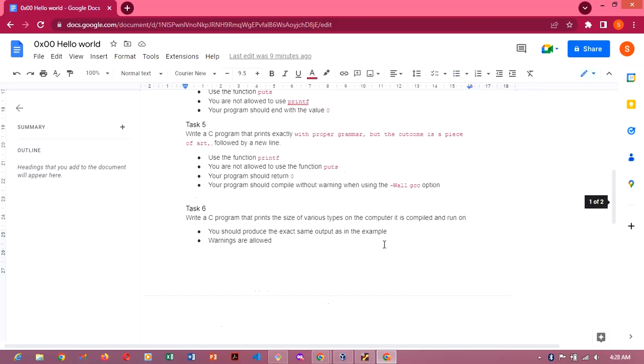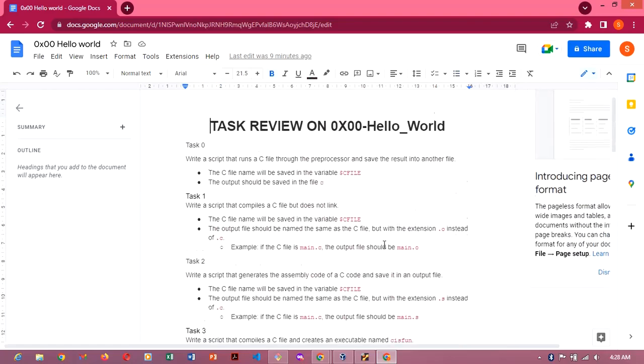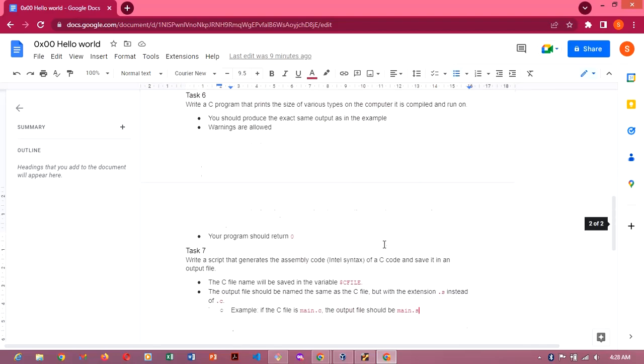Okay, now remember from here we actually generated assembly code using what flag? The flag S, right? Okay, so now in task 7 here, it's saying we should write a script that generates assembly code in Intel syntax. So just come here,